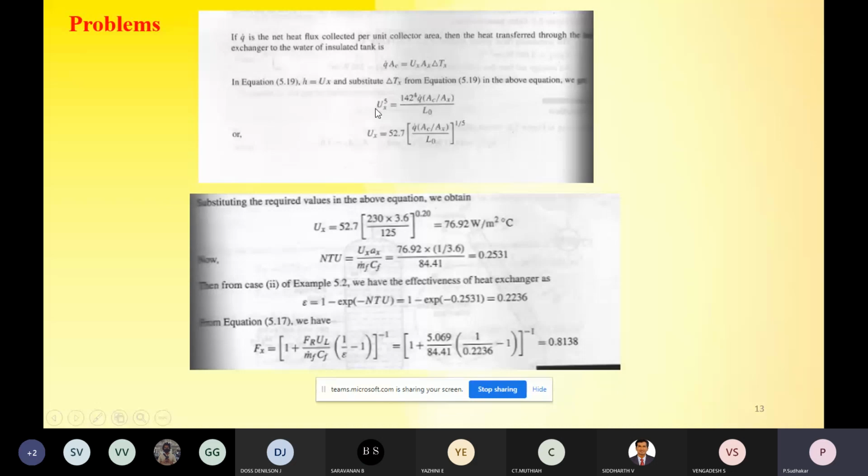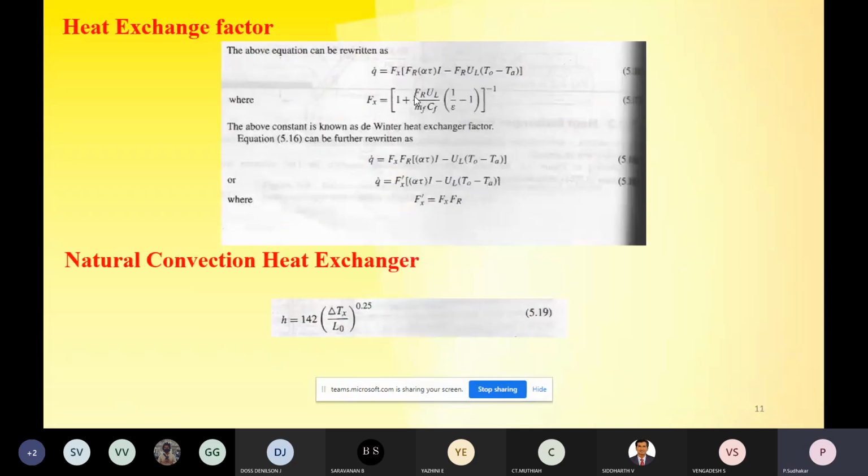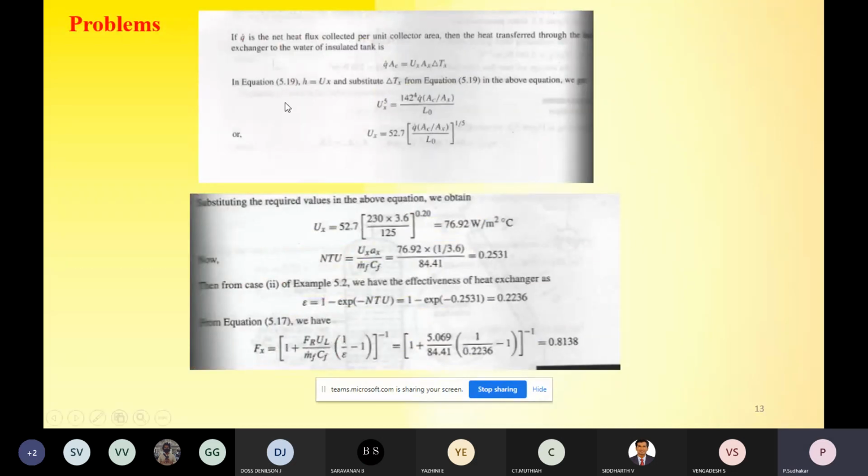So this will be Ux power 5. Then Q dot AC by AX LO will be separate. When you take this 1 by 4 outside and multiply this here, 142 power 4, 1 by 4, you get 52.7. So when you take this 5 power 5 this side, the whole term will be 1 by 5 here. So this power 4 will come here, and if you take this side, it will be 142 4 by 5. So 52.7. So this 1 by 5 will be for this whole term.